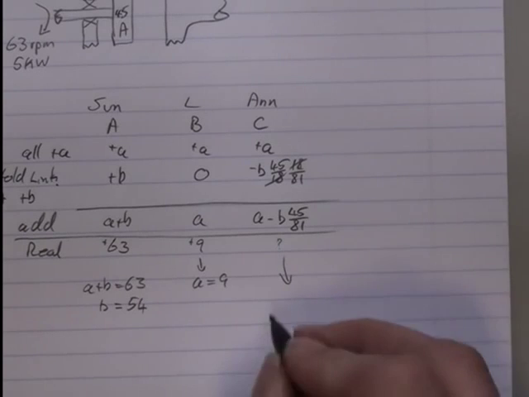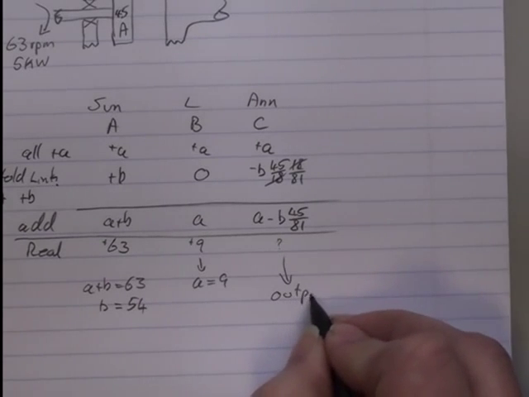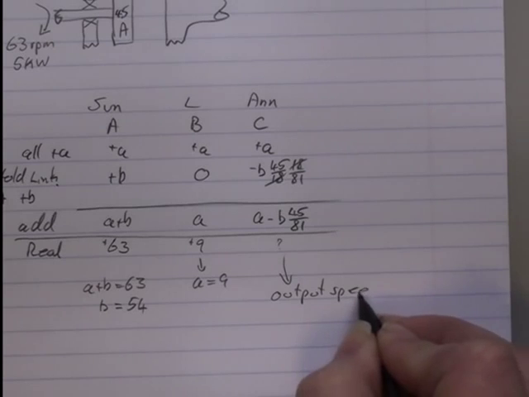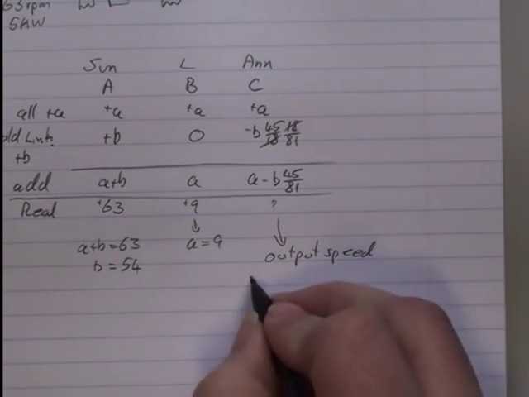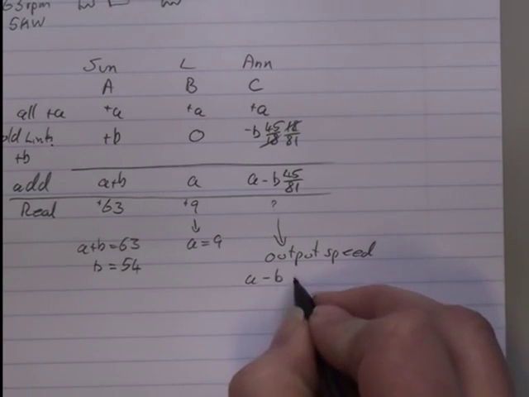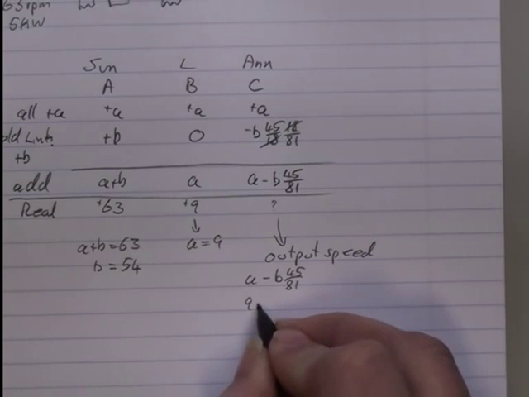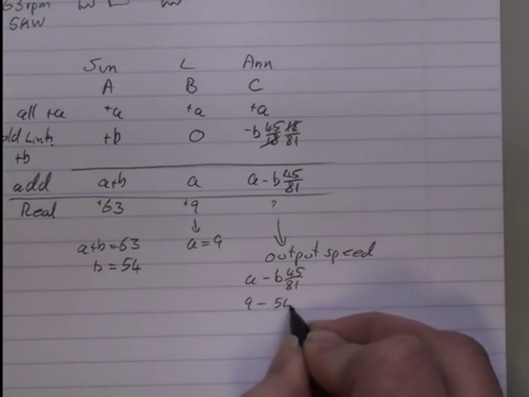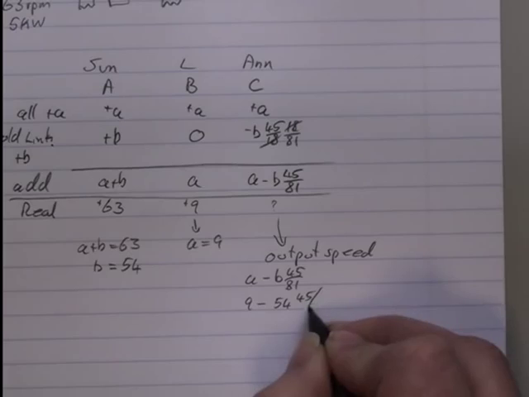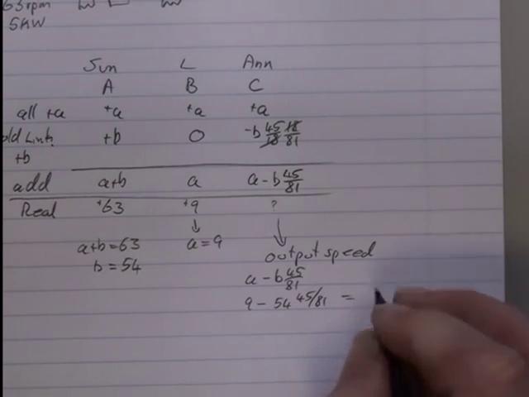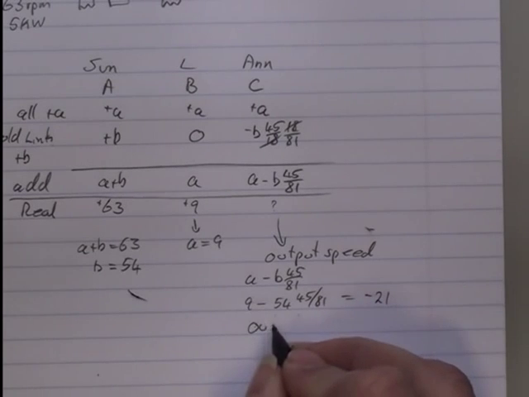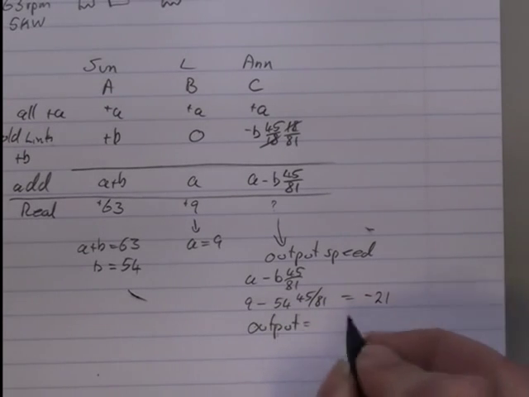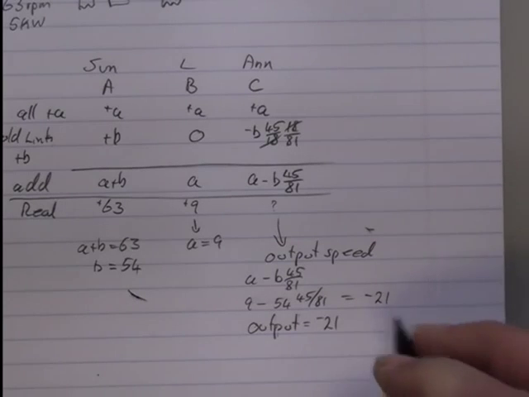My output speed will equal A minus B times 45 over 81, which is 9 minus 54, times 45 over 81, which is equal to minus 21. Output equals minus 21 RPM,